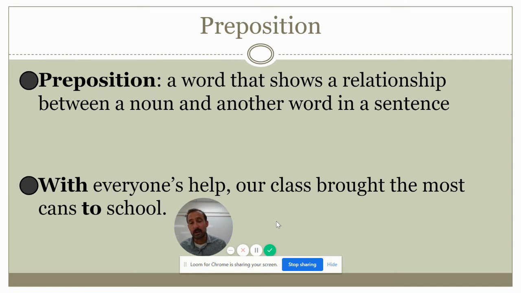Okay. I was helping a student once and he was doing his writing. And as he was going through, there were moments where he needed to describe more. So the character sat down. And my thought was, well, sat down where? Sat down on the bench. Okay. In his bedroom. These are the things that help you modify and enhance your writing. So a preposition is a word that shows a relationship between a noun and another word in a sentence.